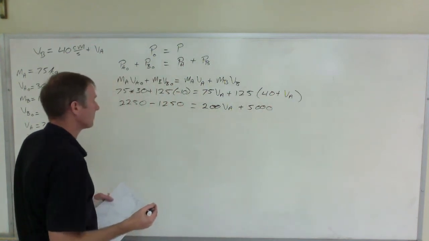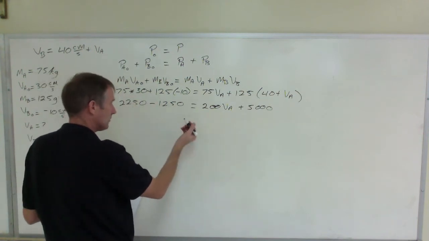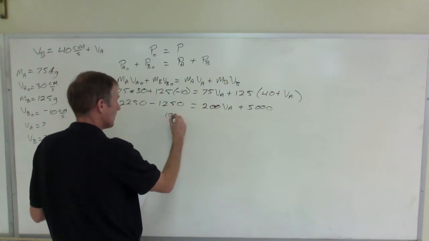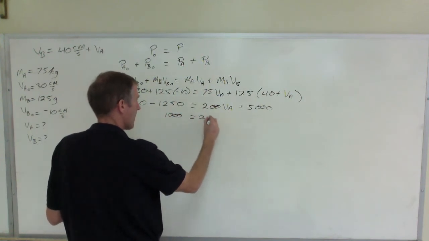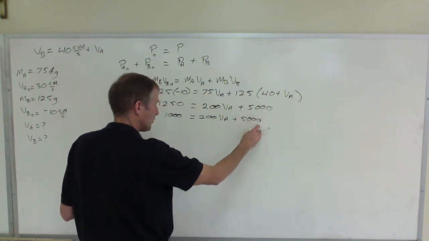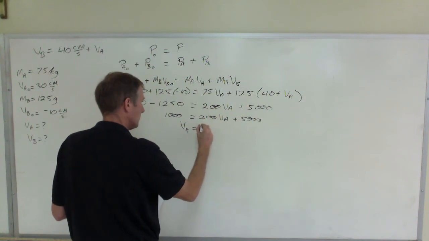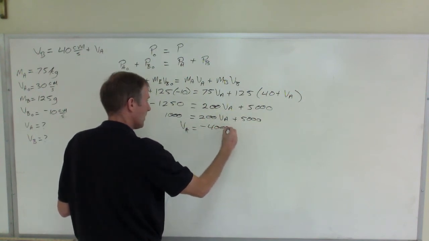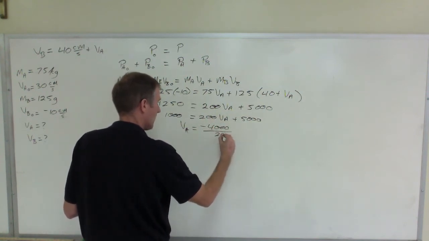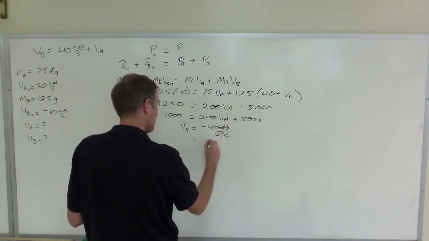So now, 2,250 minus 1,250 is 1,000, equals 200 VA plus 5,000. Subtract that to the other side, solve for VA. You get negative 4,000 all over 200. So what's that? Negative 20